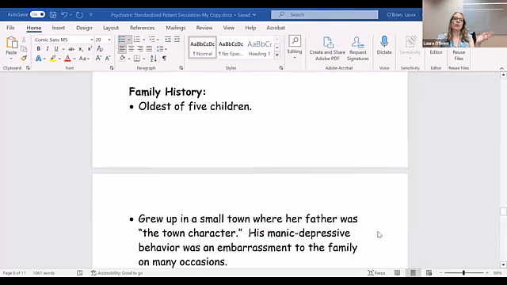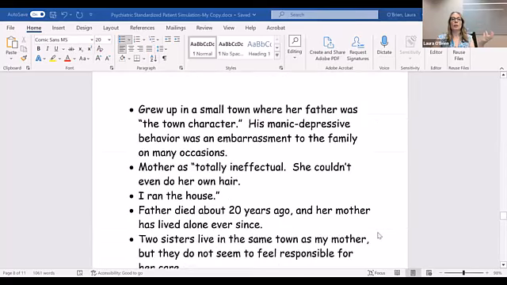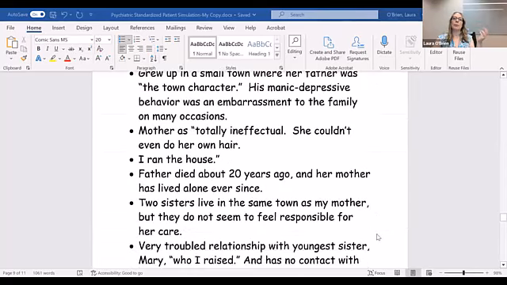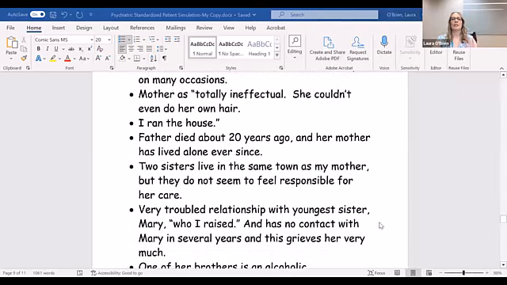And again, family history: she's the oldest of 5 children and grew up in a small town. Some information about her father, he had bipolar disorder. Her mother had some difficulties as well. And there isn't a lot of contact with the other siblings. So I'm not going to go into all this detail, but this is the kind of detail that we give